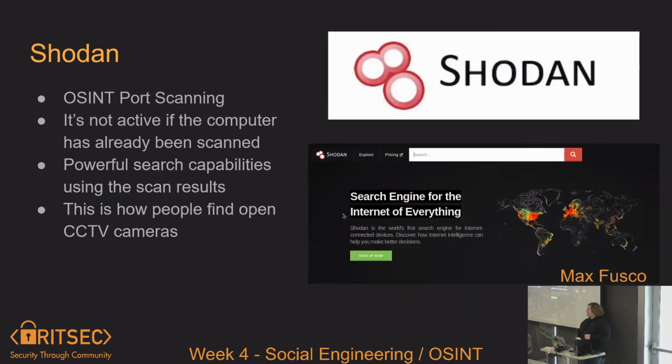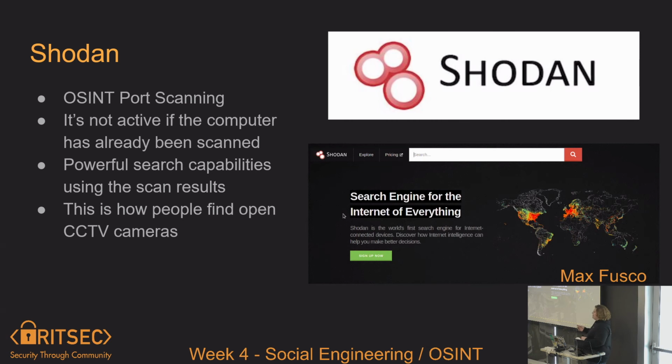So there are some ideas on whether OSINT includes port scanning. If OSINT is port scanning, I would only say that Shodan is, because the information is already there, and you can do the port scanning anonymously and very slowly. You can just generally search, hey, in this IP range, where are ports X, Y, and Z open? And this is very powerful.